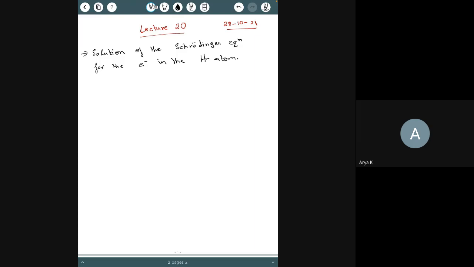We will not solve it in a very straightforward manner, I should warn you, because it's still a complicated problem and you cannot just directly go ahead with solving the differential equation. It will involve a lot of change of variables to get it into some standard form of differential equation whose solution is already known. So it's similar to the previous two problems that we've done, the harmonic oscillator and the L squared eigenvalue equation. So let me just recap